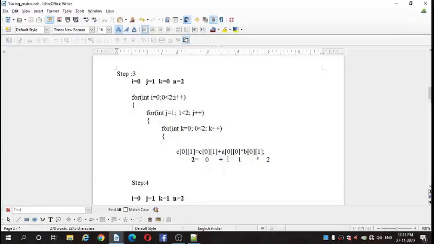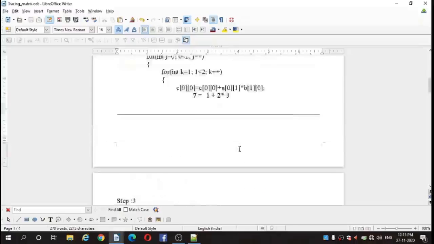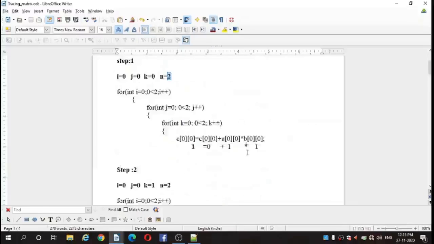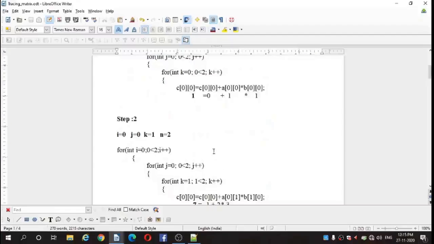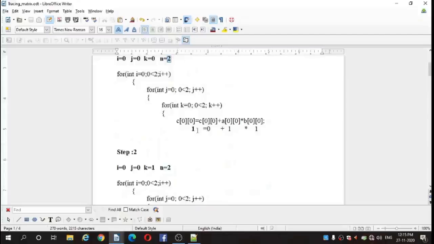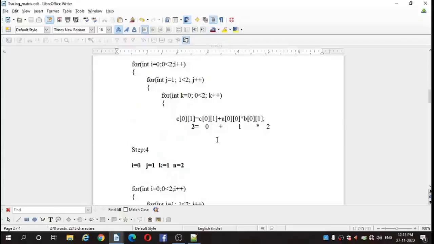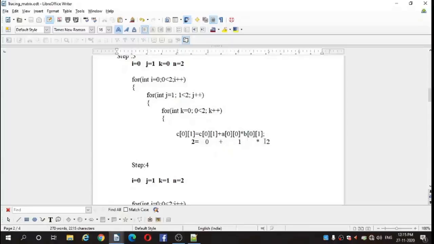Then go for the calculation. C of 0,1, we have element 0, plus A of 0,0, we have element 1, into B of 0,1, we have element 2. Then calculate 1 into 2, that is 2. 2 plus 0, 2.